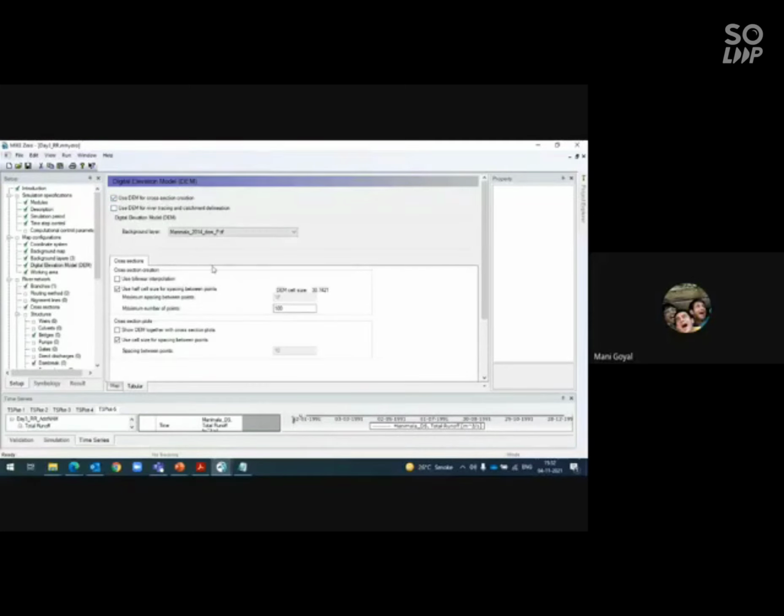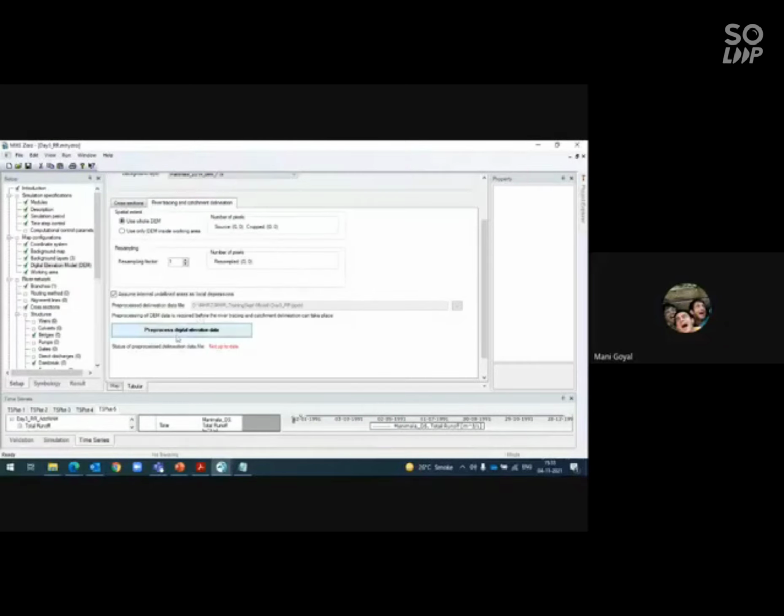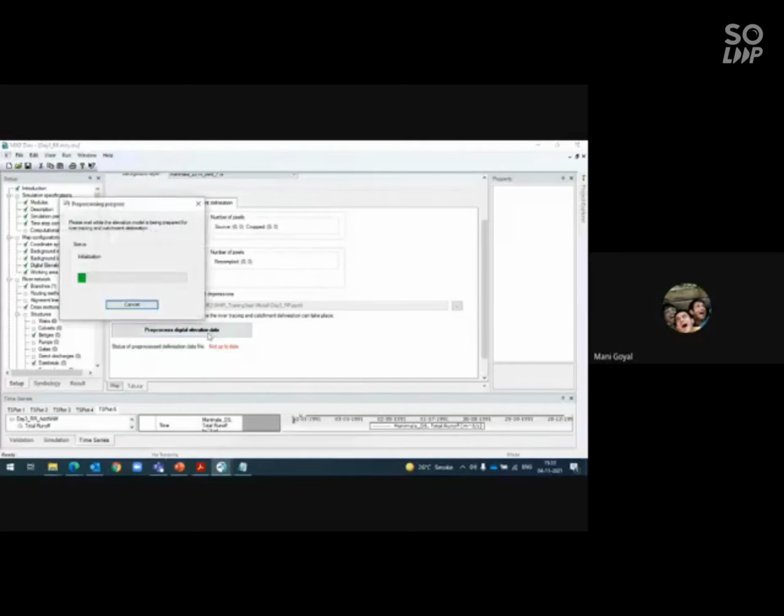As you can see, okay, I'll click on this: pre-process digital elevation model. Once you pre-process, it will be up to date. Again, it is advisable, if you know your study area very well, to clip your DEM to that study area particularly, and then pre-process it. It will take less time. It's basically for time saving. If I pre-process now, it will take 2 to 3 minutes. I will pre-process so that we can get to know about the delineation also. It will go through 4 or 5 iterations.